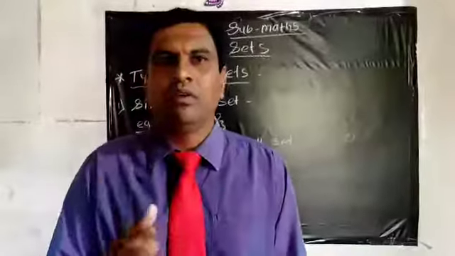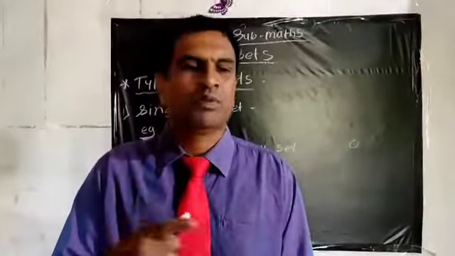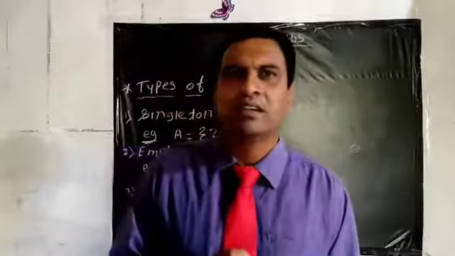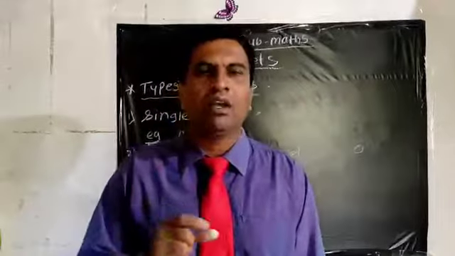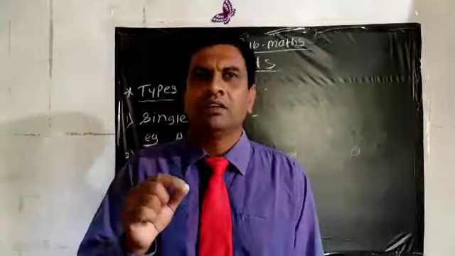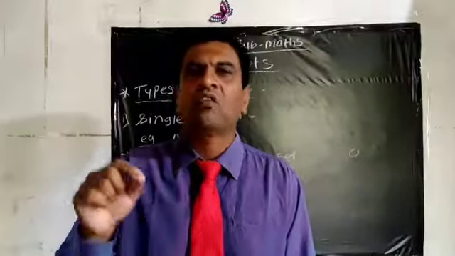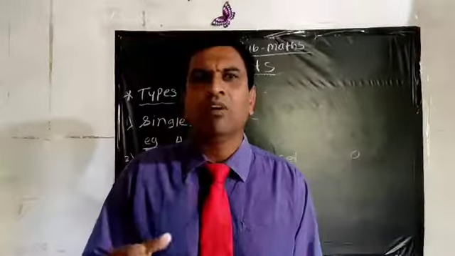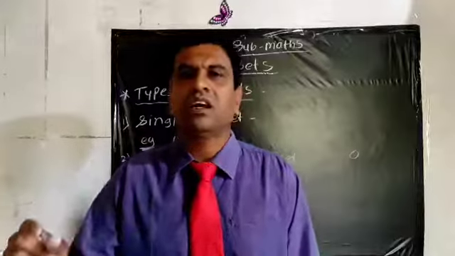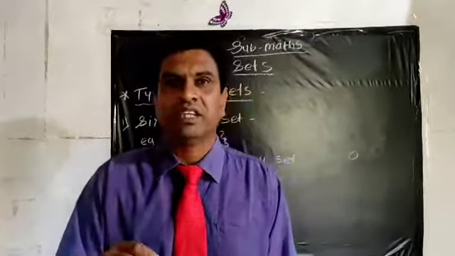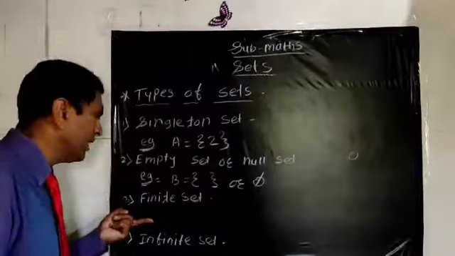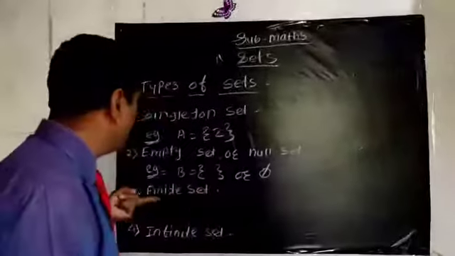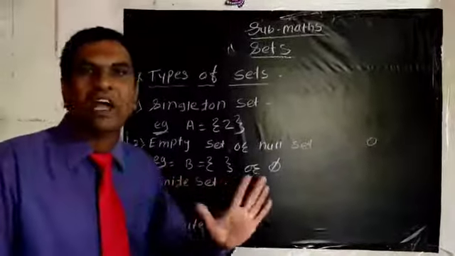I will give you an example. Suppose IPL is going on now, and so many students like cricket, so I will give an example related to that for the finite set. The set of cricketers in one team. In one team, how many cricketers are there? 11. We can easily count the elements of that given set. This type of set is called a finite set.